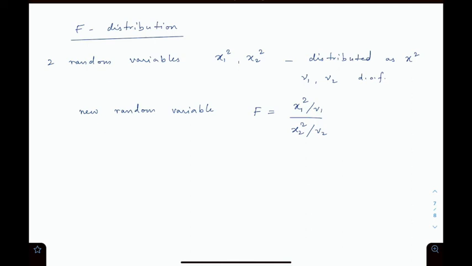The derivation for the F distribution is also similar to what was used for the student's t distribution. We'll start with the joint PDF of the independent variables, make a change of variable to F, define one auxiliary variable in terms of chi2 square, and then integrate out the dependence on the auxiliary variable. The result basically comes out to be